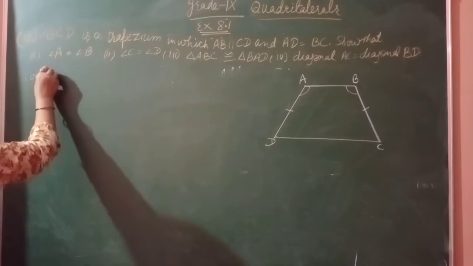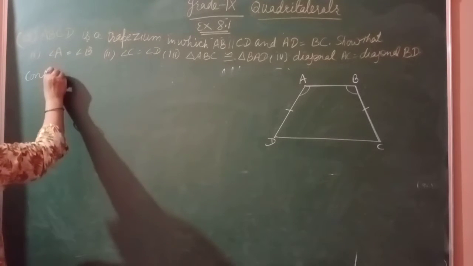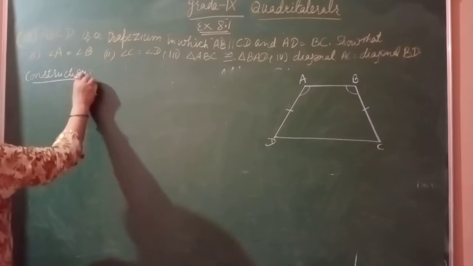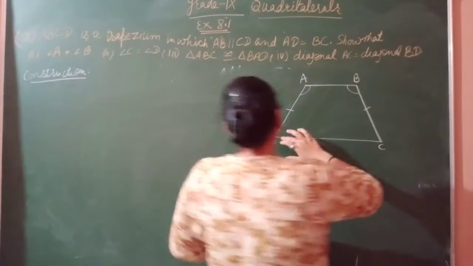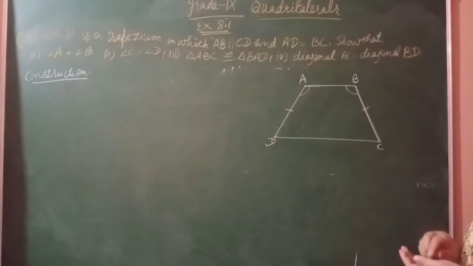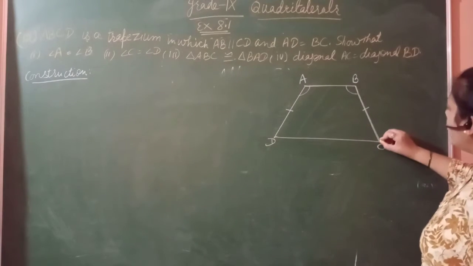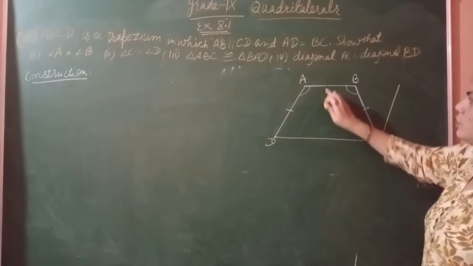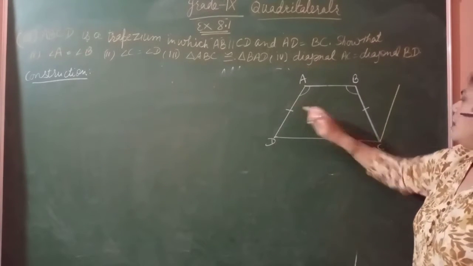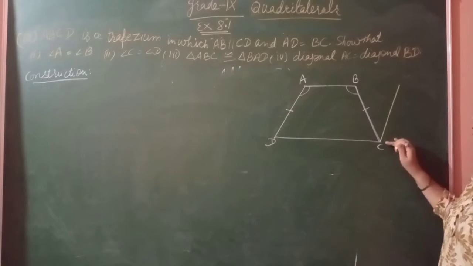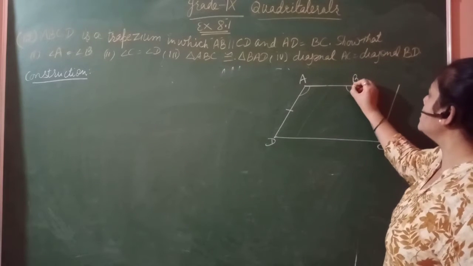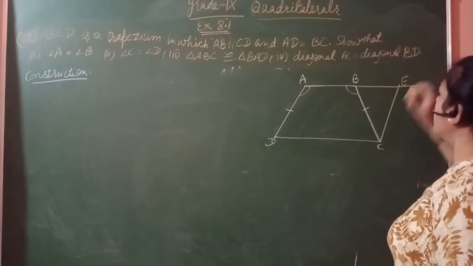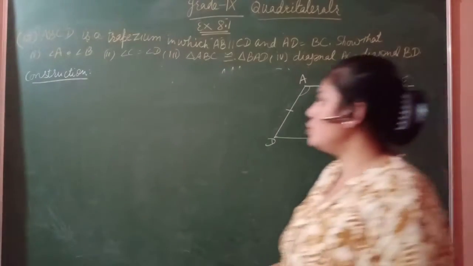Now let's do the construction. What will we do in the construction? We draw a line parallel to DA from C. इस C से हम जो है DA के पैरेलल एक लाइन ड्रॉ करेंगे. क्लियर? ये दोनों ये पेयर का पहले ही पैरेलल है. हम दूसरा पेयर यहाँ से C से पैरेलल ड्रॉ करेंगे, which meets produced AB at E. Clear?